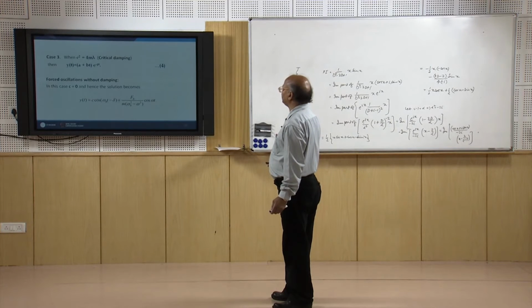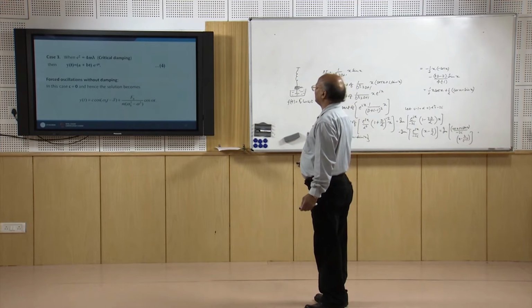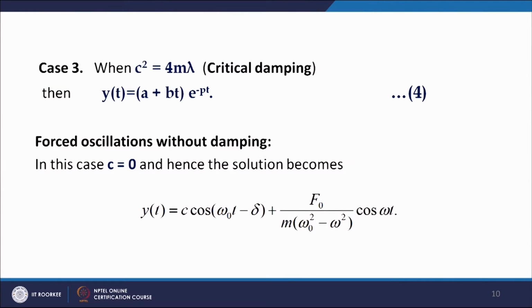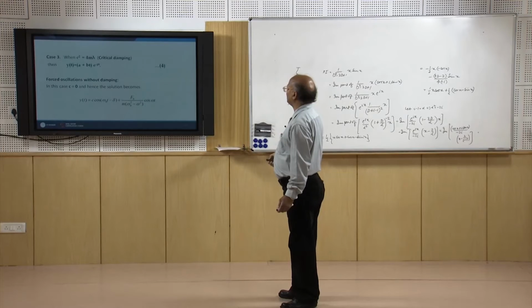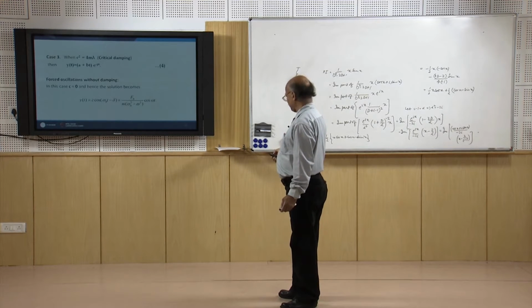So we get y(t) = c cos(ω₀t − δ) + (f₀/m)/(ω₀² − ω²) cos ωt, in the case c = 0. Now here this is a superposition of two harmonic oscillations. This is a harmonic oscillation and this is also a harmonic oscillation. So we get a superposition of two harmonic oscillations with frequencies ω₀/2π,